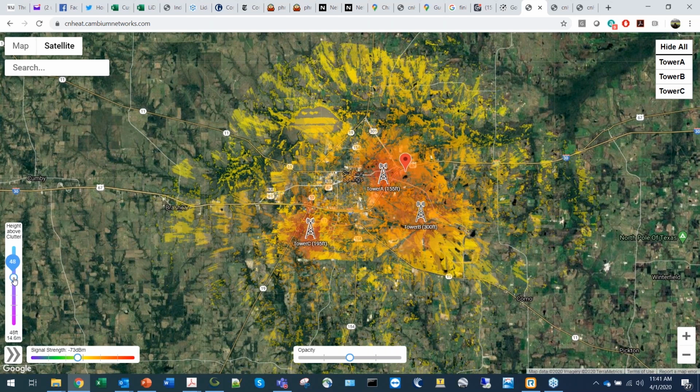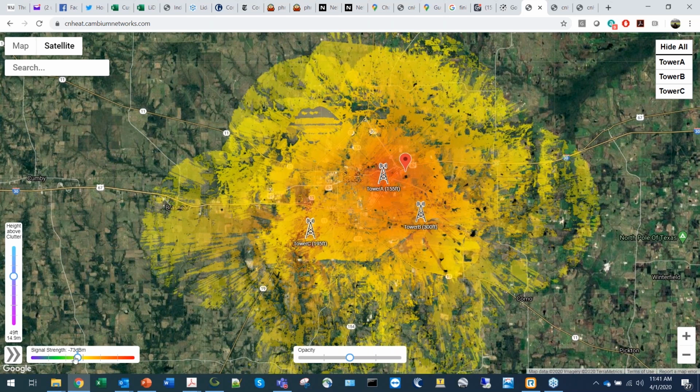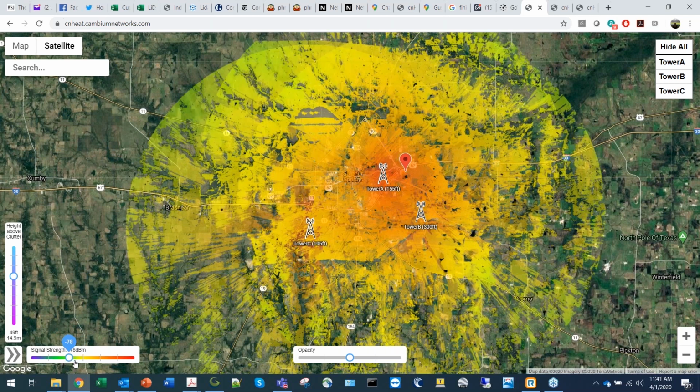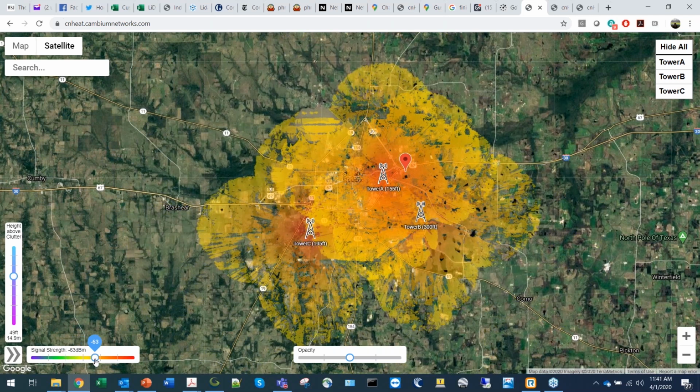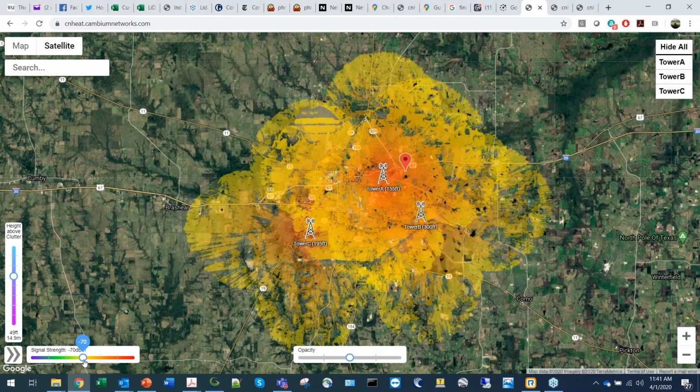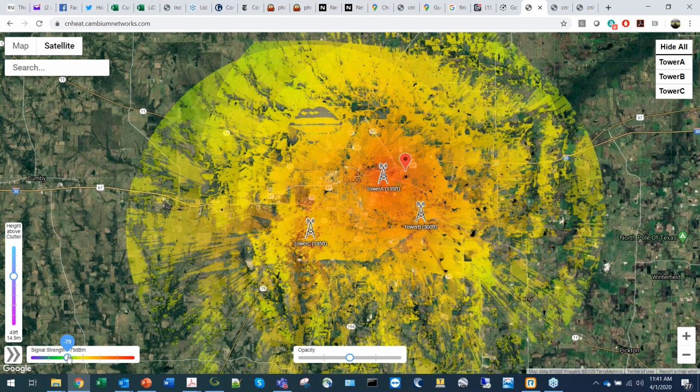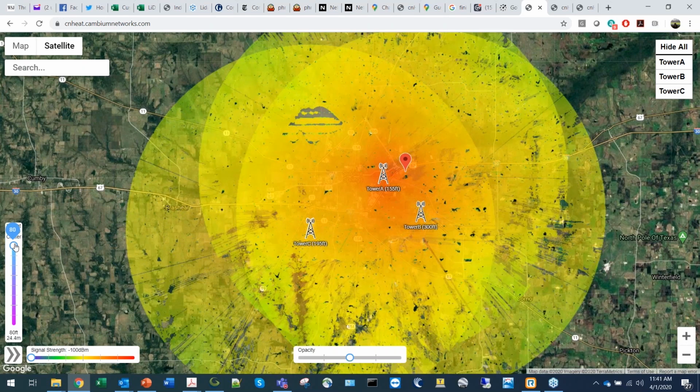So you can move the height, and it'll show the coverage change, and you can move your RSSI and it shows the coverage change. So basically you can know where to install at any place, and you have the control to figure out the optimal way to install right at your fingertips for your entire WISP to use. So let's go back to this, and we'll go through some examples here.